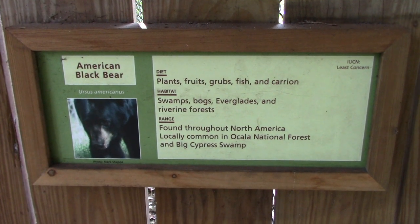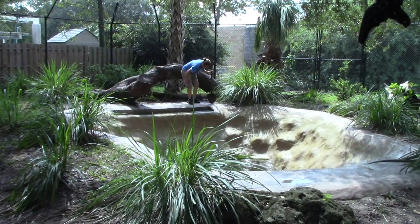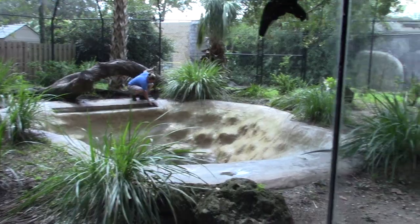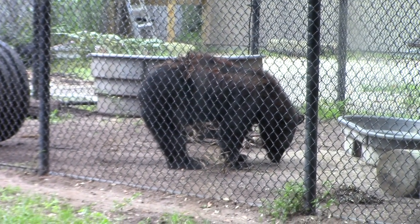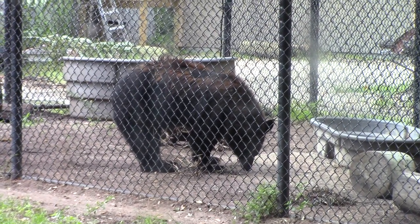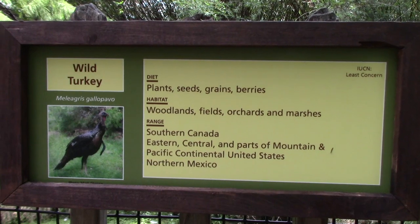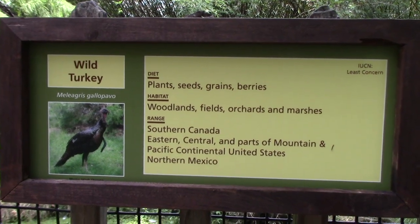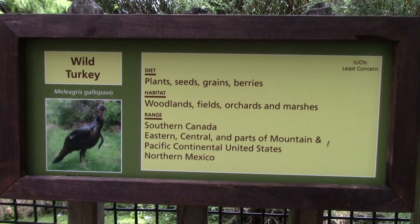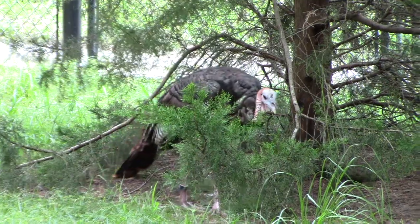An American black bear. Alright, now since there is a worker present cleaning up the habitat, looks like the bear is back in the fenced-in area temporarily. Doctors Bob, Nuss, and Ann Harley. Some wild turkeys. These aren't the Thanksgiving type of turkeys that you would see. And one of our turkeys,